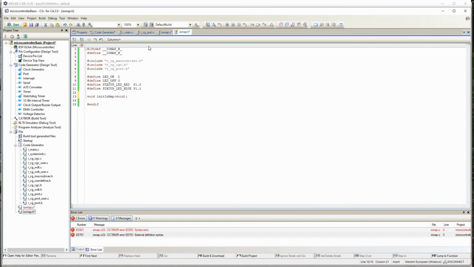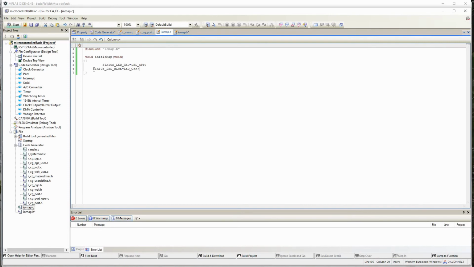Because we have done hash define, I'm able to copy the code. If I had written something like PORTB.RB0 equal to 0, then I would have to retype the whole thing here. Since I have hash defined it, it is very easy to copy the code. Similarly, let me call this initialize. What initialize basically does here is it turns off both the LEDs, makes them low.